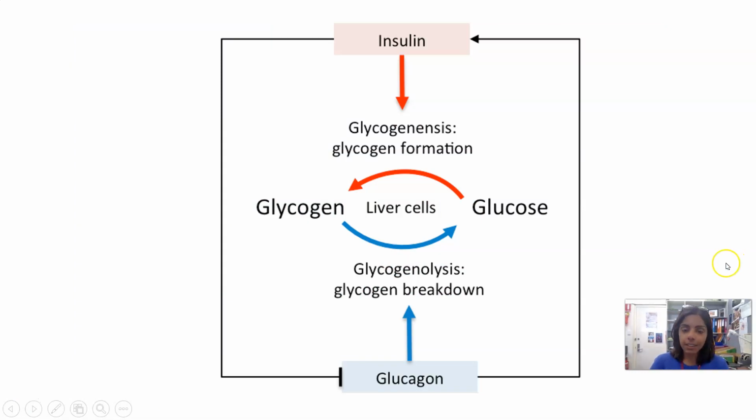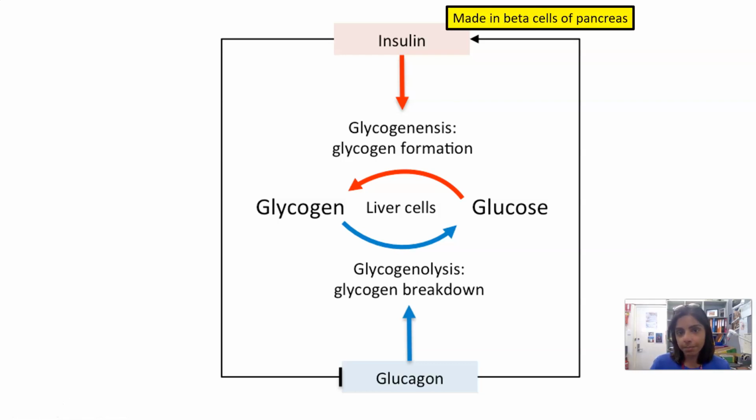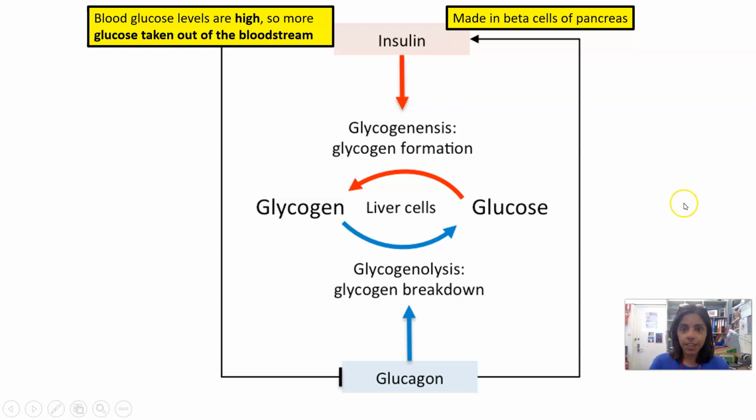Hi guys, welcome back. In this feedback loop, simple one, we are looking at how all of these words come together. So if we start at the top here, insulin, just to remind you, is made by beta cells in the pancreas, specifically in the islets of Langerhans in the pancreas. And insulin is secreted in response to a high blood glucose concentration. So if we follow this red arrow down,